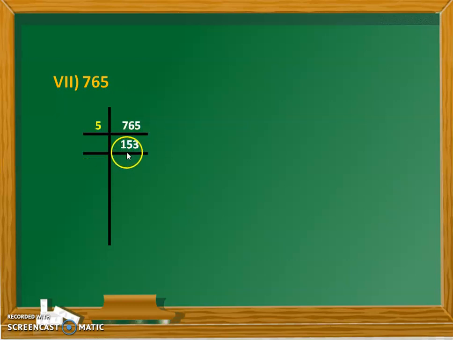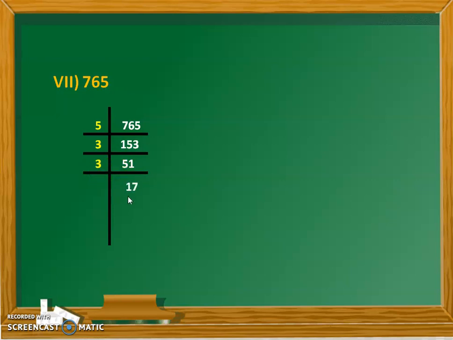So let's divide 153 by 3. We will start dividing by 3. What answer will we get? 3 5s are 15 and 3 1s are 3. So the answer is 51. Now again we will have to check the divisibility rule, by which smallest prime number it can get divided. As we see, 51, 5 plus 1 becomes 6. That means it will divide by 3 again. So when we divide by 3, the answer we get is 17.